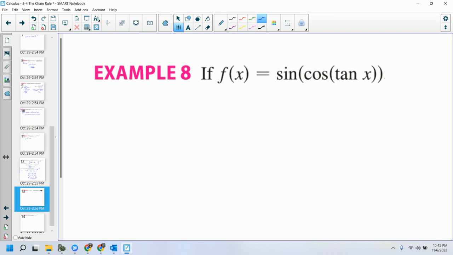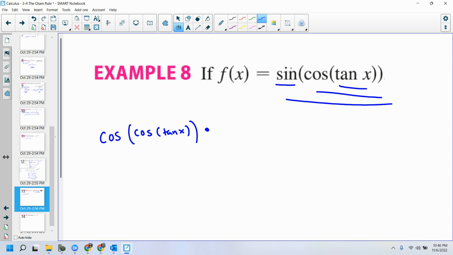Now, this is not an exponential function, but what I'm showing here is that I've got tangent within cosine within sine. This is like a chain in a chain, right? I'm actually chaining together 3 composite functions, or really, this is one big composite function with 3 parts. So what I can do here is just keep taking the derivative and peel away the layers. So let's take the derivative of sine. Well, that's cosine of this piece all in there, cosine of tangent,